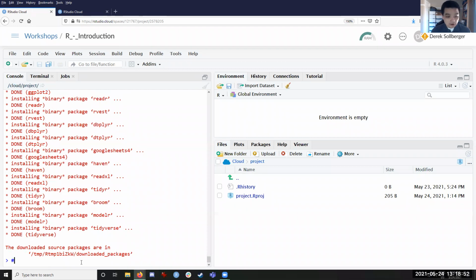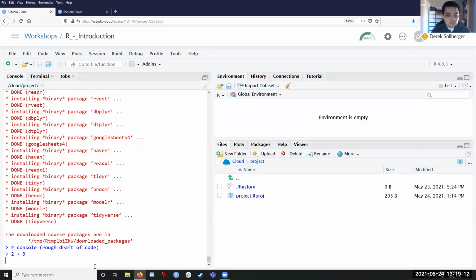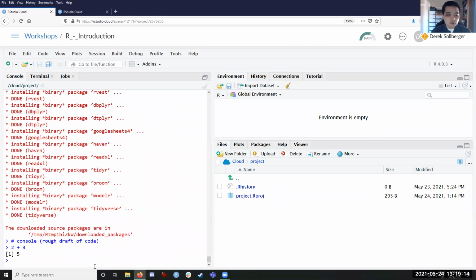So this bottom left area here is called the console, as you can see in the tab in the top left. And what I usually think of the console as is a rough draft of code. You might want to test a little bit of code just to see if it works out well or whatnot. However,